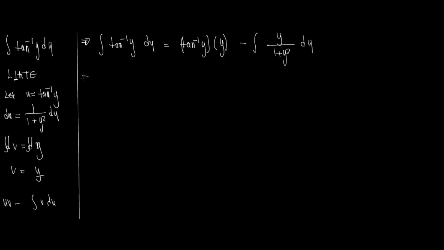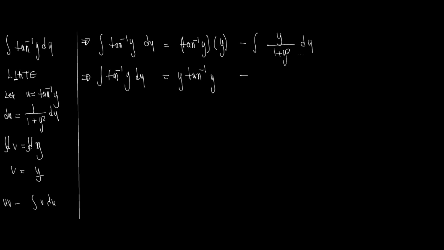So this implies that the integral of the arctangent of y is equal to y arctangent of y minus. So here we are not going to use integration by parts